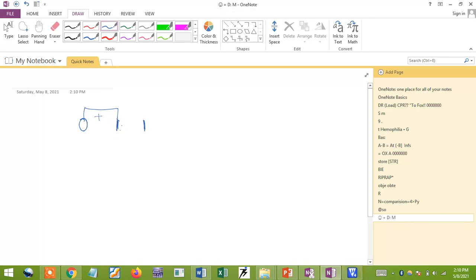Next, 1 plus 1 I need to add. So 1 plus 1 I get 2. 2 you need to consider here. Next, 1 plus 2, I'll get 3. Okay, so 3 I need to get. Next, 2 plus 3 you need to add. 2 plus 3, I get 5. I need to take it here.